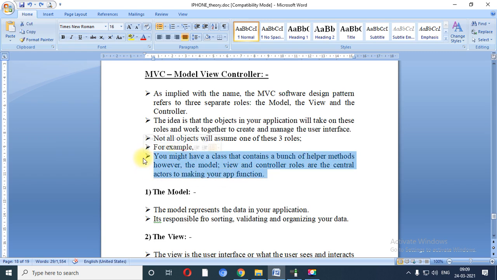If you have such a facility in which roles are assigned to individual tasks, for that you have the model, the view and the controller. So in this particular thing you have 3 actors. Based on their task, they will perform the action.